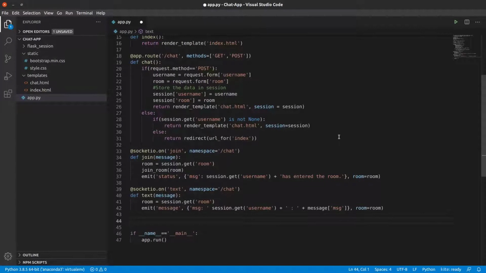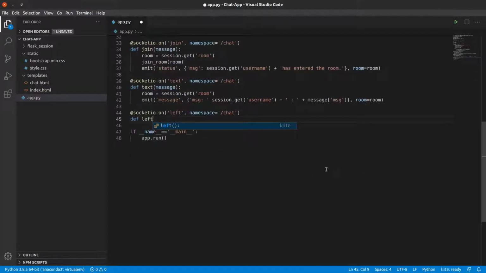Now we have the last function, for when someone wants to leave the room. So socket.io.on, and here it's left. Namespace will be the same, namespace equals chat. Then def left, and we will pass a message to it.